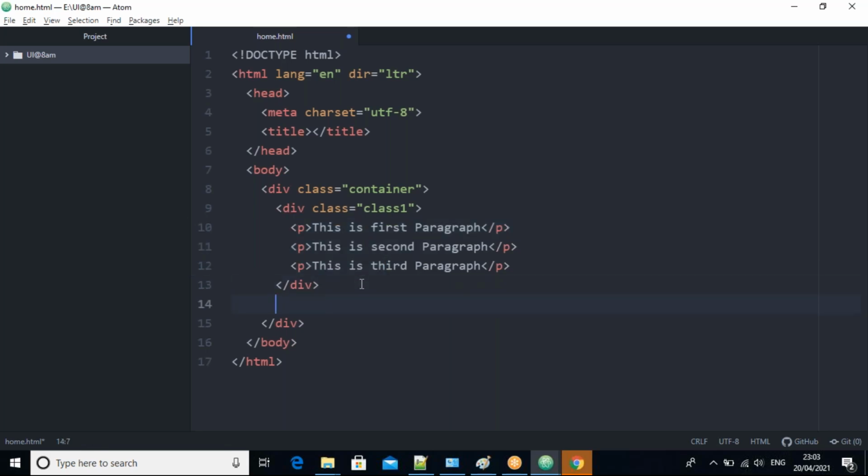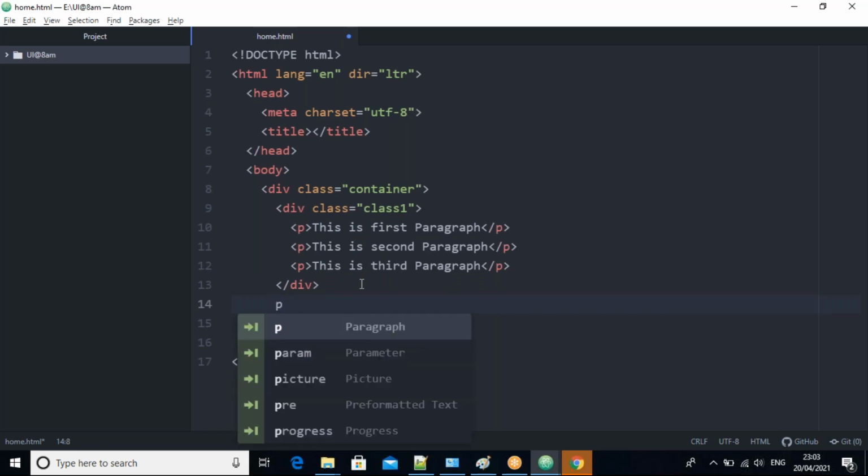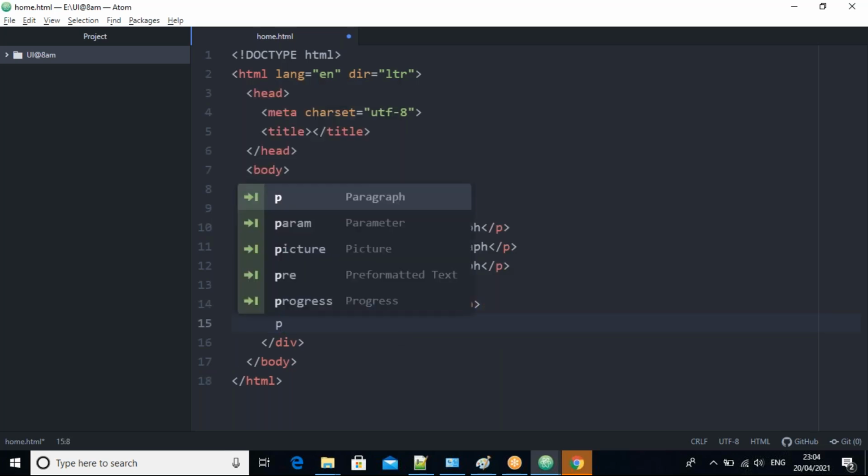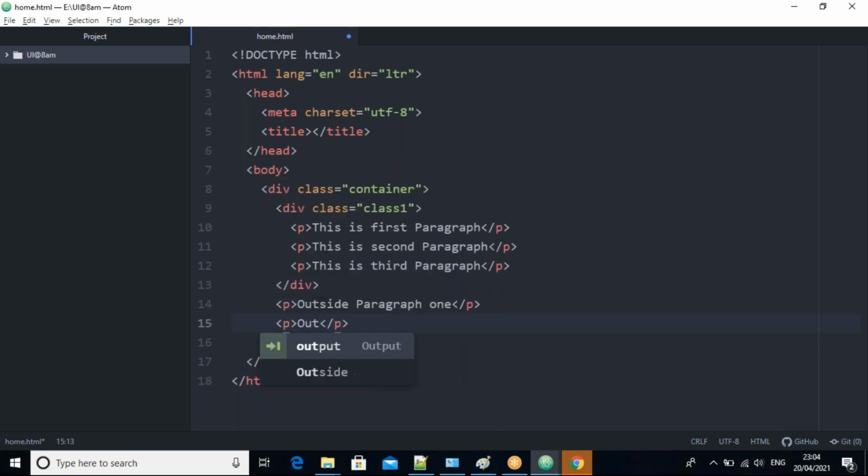I'll take some more paragraphs outside this class, guys. Outside the class, I'll take one paragraph: outside paragraph one. I'll take one more outside, paragraph 2.